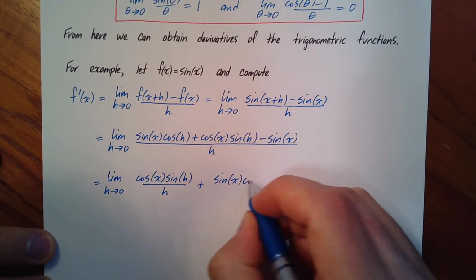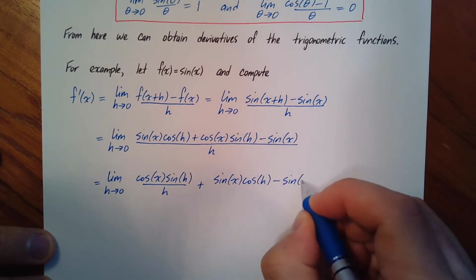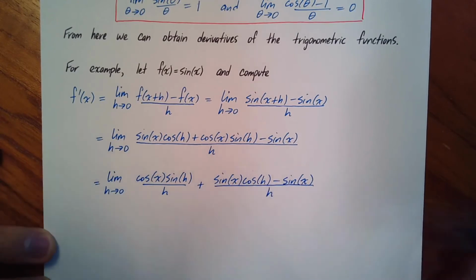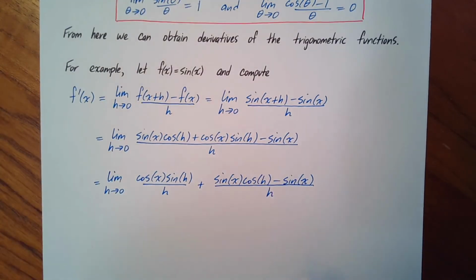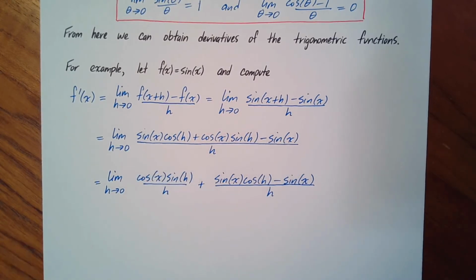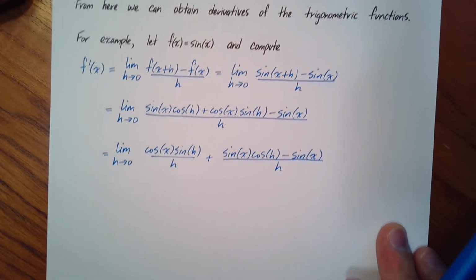Sine of x cos of h minus sine of x. And that's all going to be over h. Right? And if you were to add these fractions together, you can double check that you really are going to get the fraction in the previous step. We're just decomposing this into the sum of two fractions. And the reason that that's useful will become clear in a couple of steps. But for now, I want to separate